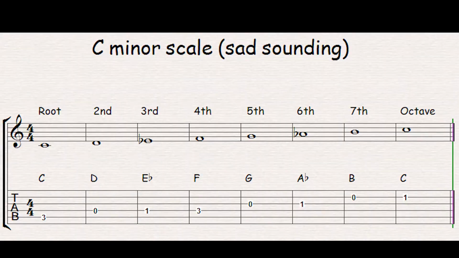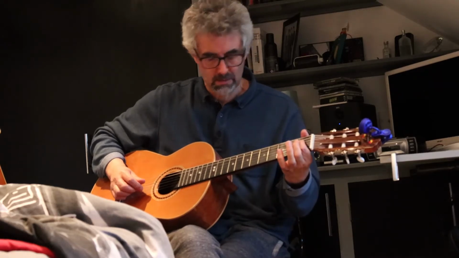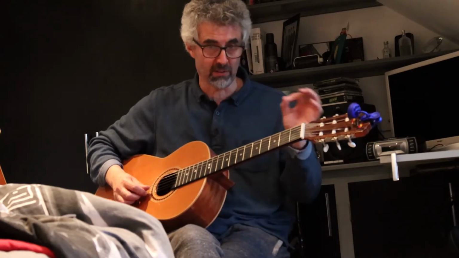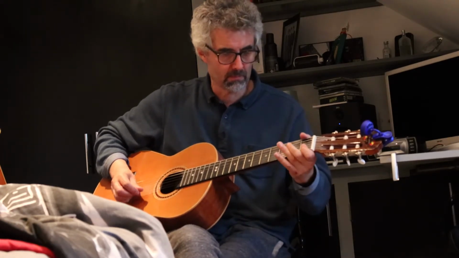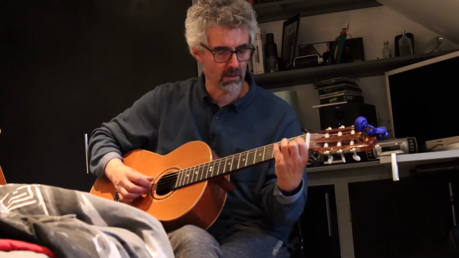Okay, so again looking at the diagram, if we explore the root, third and fifth, the big note that changes is the third. It drops to E flat. The G stays the same, which is why it's called perfect fifth, in that it doesn't alter from major to minor. And then a resultant chord